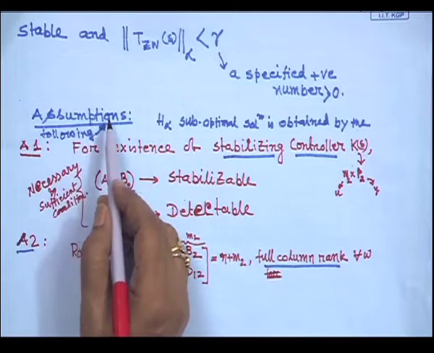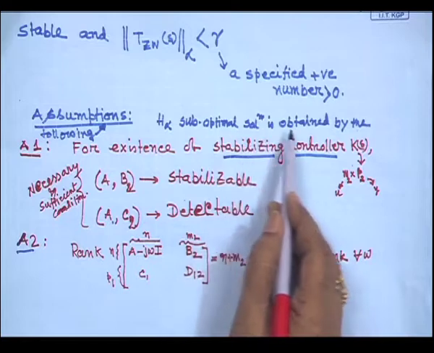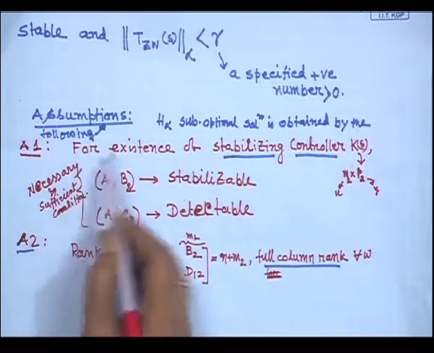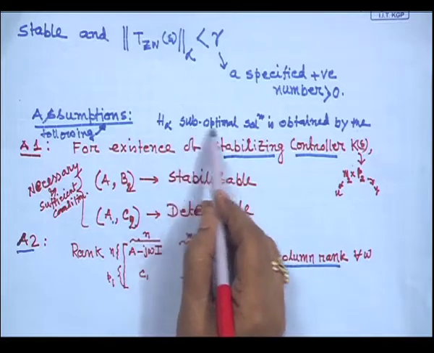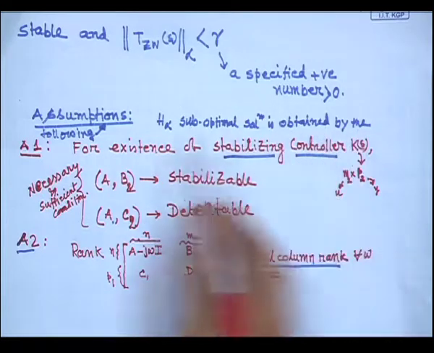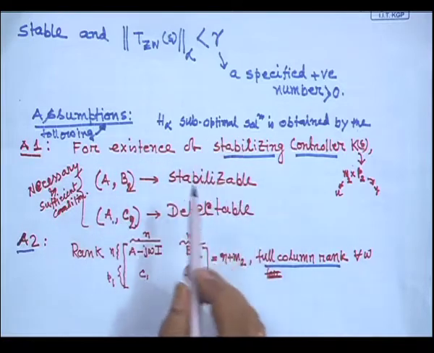Before that we have to make some assumptions. The H infinity suboptimal solution is obtained under the following assumptions. What are these assumptions? First thing,